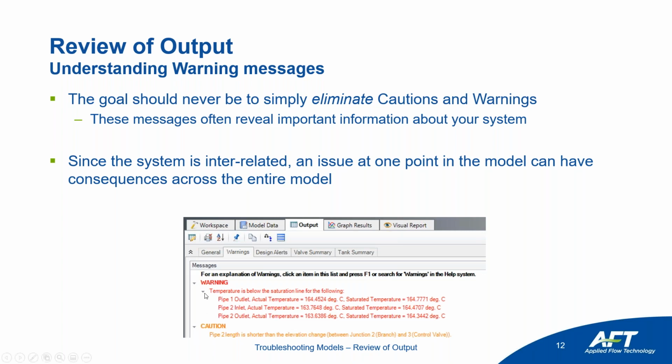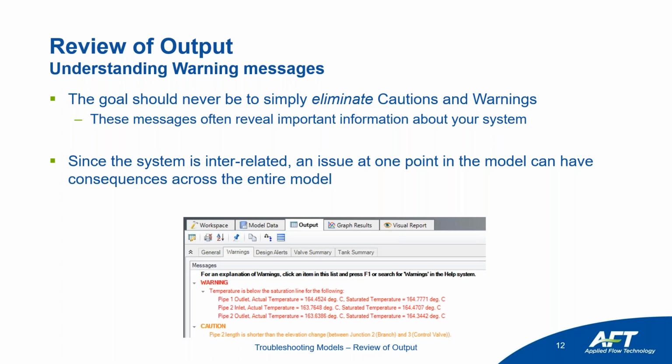A caution will be different from a warning, where a warning will tell you that there are impacts to your model. So for example, here we can see that the fluid is condensing, breaking one of the core assumptions of Arrow. If we think about our system, think about pump, system, valve, all of that is all going to be interrelated. So any issue that you see at one point in the model can have consequences that broaden across the